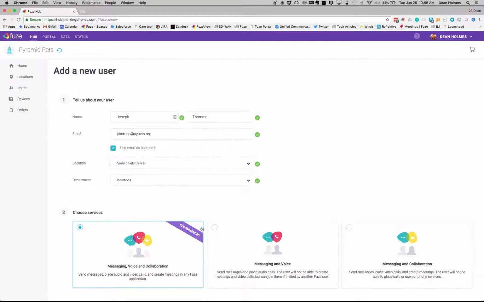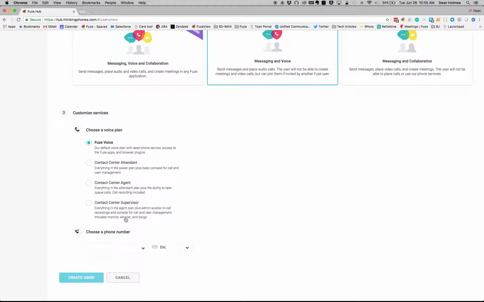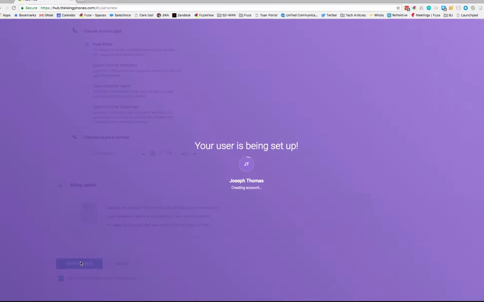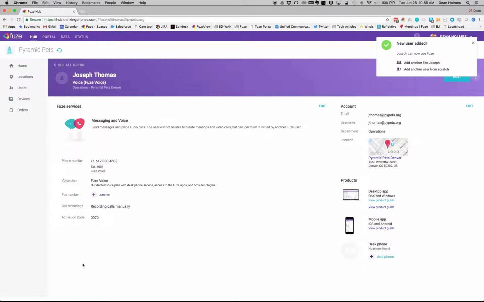Then, he simply selects the type of services and voice plan for Joseph based on his individual job requirements. Lastly, Dean chooses a phone number to assign to Joseph and simply clicks on Create User. It's that simple. Before Joseph's first day of work, Alma, the local IT manager in Denver, gets a request to